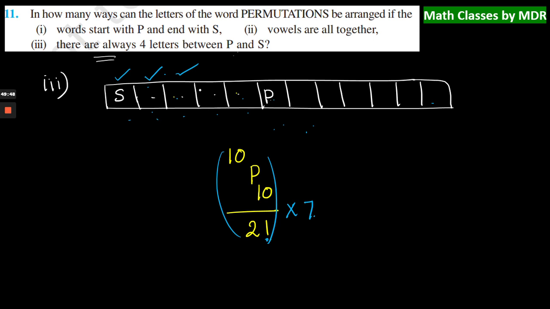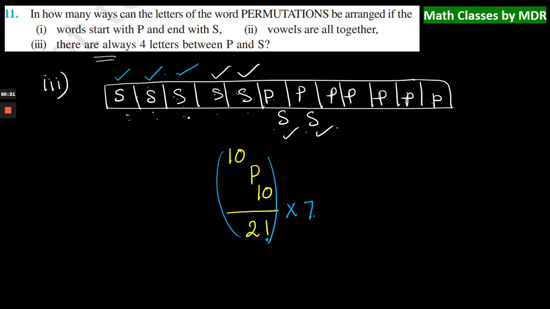So how many possibilities are there again? I can take S and P here, S and P here, S and P here, S and P here, S and P here, S and P here, and S and P here. Right? We can get these many ways again. So how many ways are there? 1, 2, 3, 4, 5, 6, 7. Again 7 ways. So either you can get the PS combination or the SP combination.